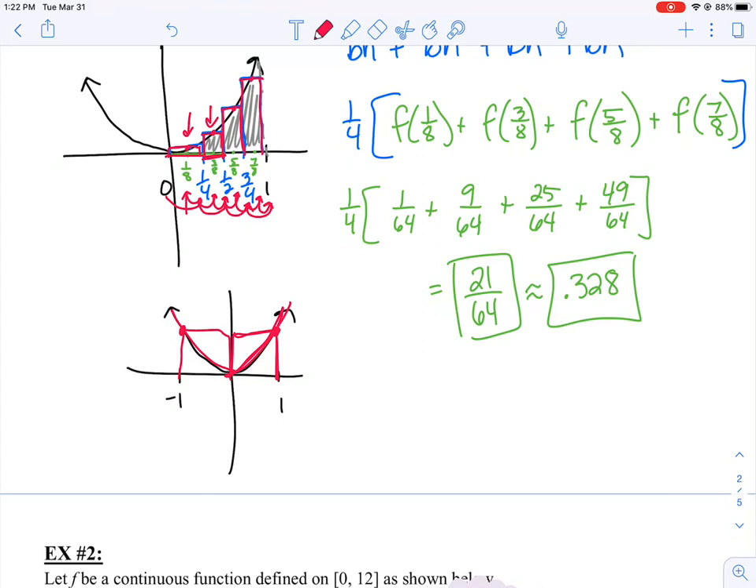So WebAssign's a little bit tricky. Make sure if it asks you for an upper sum, all of your rectangles are above. So you might have to switch endpoints back and forth depending on your function. I hope that makes sense. Let me know if you have any